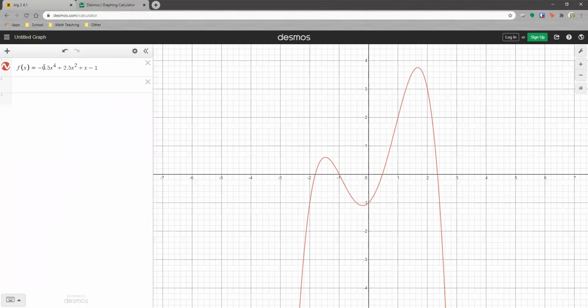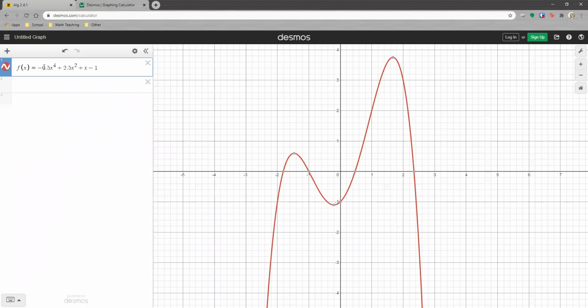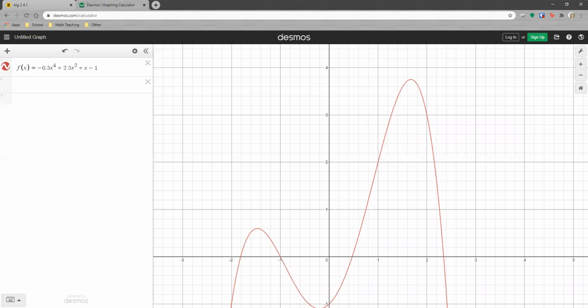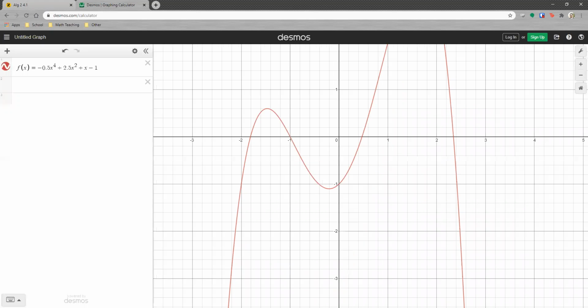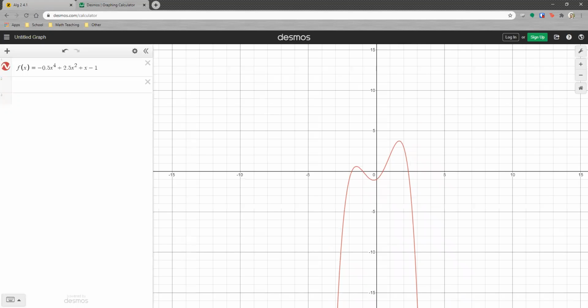So as you can see, we've got this distinct look. As we come from the left and move to the right, we hit a hump, and then we go down, come back up. We reach this peak here, and then it goes downhill. So again, we don't really care about what's happening in this area. What we care about is what happens as our